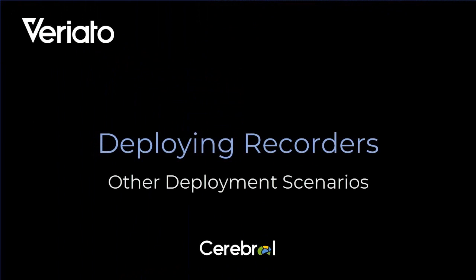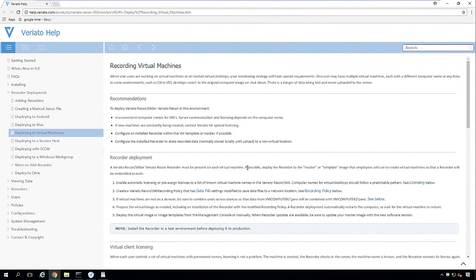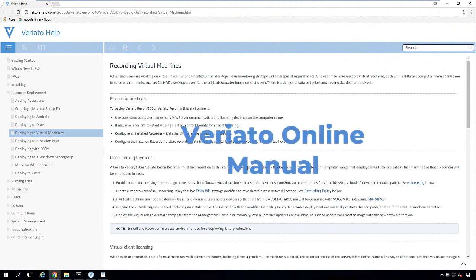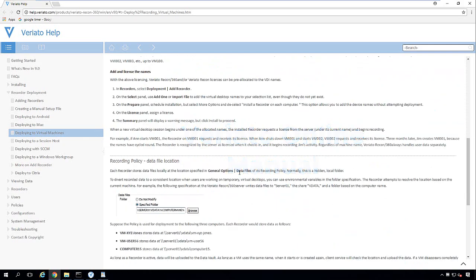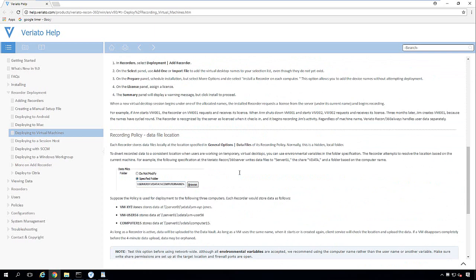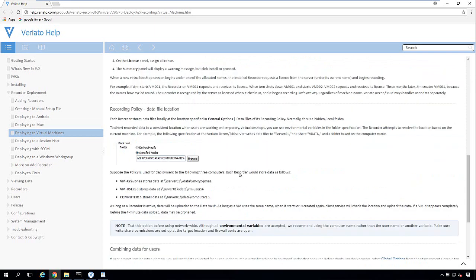And we're going to go over other deployment scenarios: virtual desktops, Windows and Citrix, terminal servers, and then remote computers. So let's look at the virtual desktops first. Deploying to a virtual machine is pretty much the same scenario as if you're going to deploy to a physical machine. The only drawback with some virtual machines, especially if you're dealing with Citrix or VMware non-persistent VDIs, is when the user logs out of that VDI, it gets destroyed, which could also destroy the data that has been cached